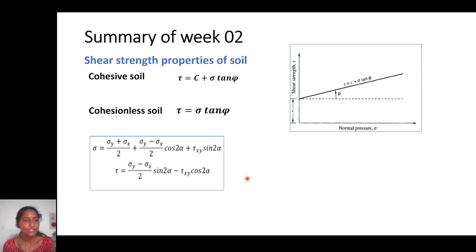So in addition to these compaction characteristics, one of the main things is shear strength. For example, if you have sand, we know sand doesn't have any cohesion. If there is any cohesion, it will be only with cohesive soils. So the shear strength of cohesive soils comes from both cohesion and also from sigma into tan phi. So what is sigma? One of the examples which has been discussed: for example, when there is a